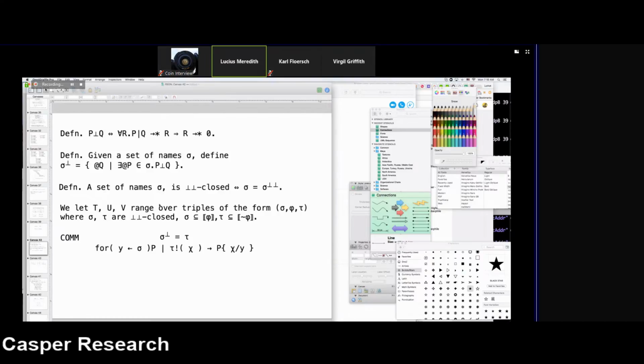And then we're going to build a notion of a second level process calculus. So the idea is that double perp closed sets of names are going to be the things from which we can receive and send. So the notion of channel is really sets of processes. And this shouldn't be terrifically strange. And the reason it shouldn't be terrifically strange is because